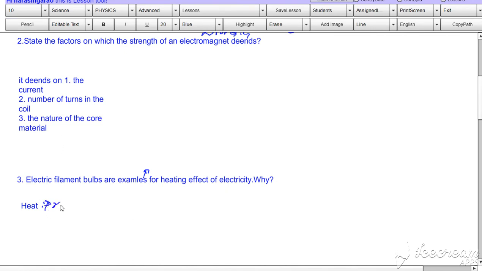Heat produced in the filament is so high that the filament